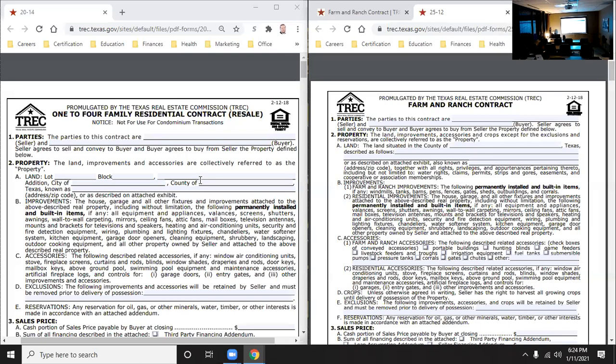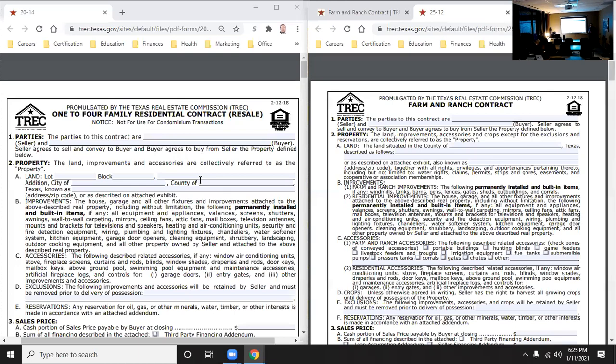Farm and ranch accessories, farm and ranch equipment, okay? So in dealing with this, that's one thing you have to notice. When we're talking about farm and ranch, are we talking about a house that may have just a few acres? What happens in this situation if Mr. Jacob, say for example, is selling his house and he lives on 5 acres? He has a house, he's got a pool, he's got 5 acres, maybe he has some chickens